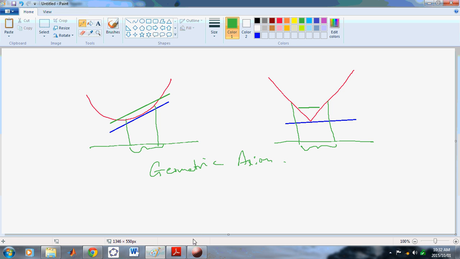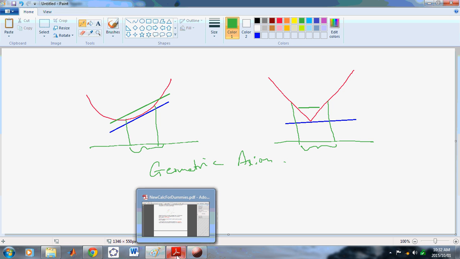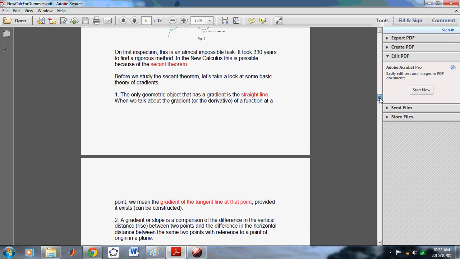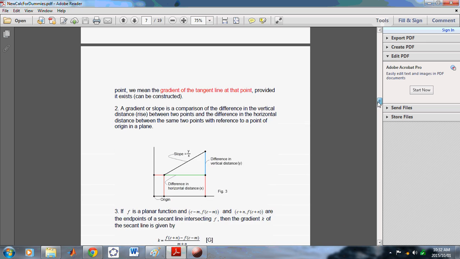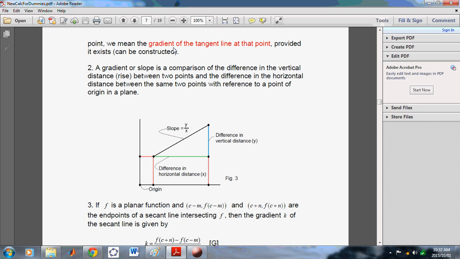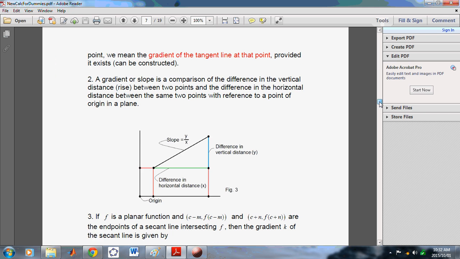And I'm not going to go into it in great detail because I've written articles on it and you can read those up for yourself. Before we study the secant theorem, let's take a look at some basic theory of gradients. So we already discussed some of these things. And let's look at this particular diagram here because it's very important. The slope of this line here is just simply the difference in the vertical distance over the difference in the horizontal distance. So if